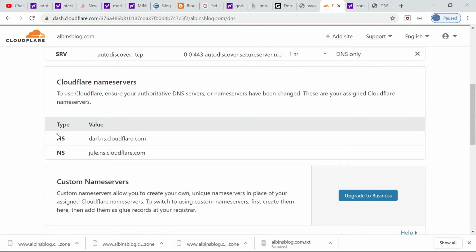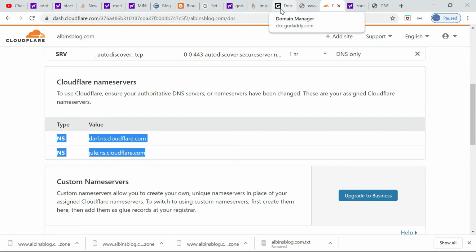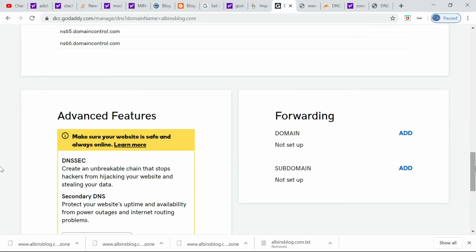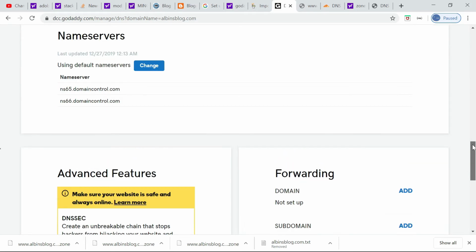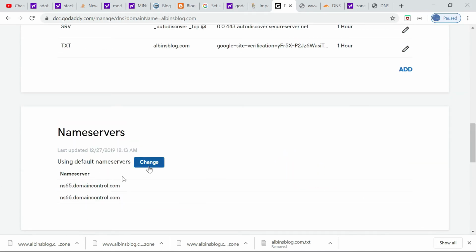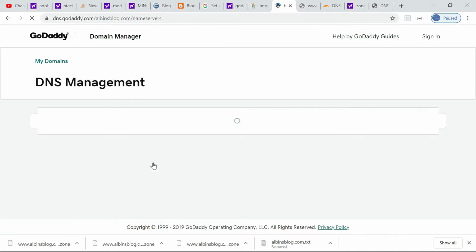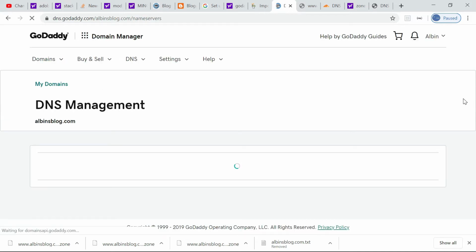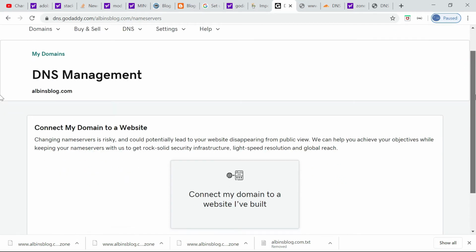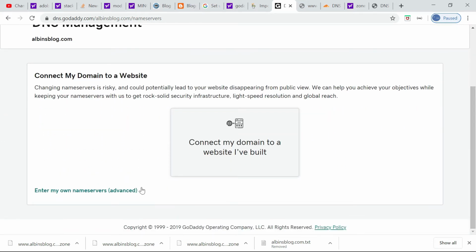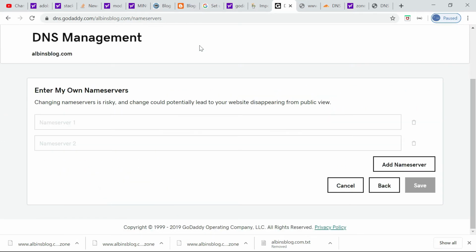So go into your domain registrar. If you go into the DNS management page, the same page, you can see the name server change option. You can just change it to the Cloudflare name servers, both the name servers. I'm going to enter both the values here.